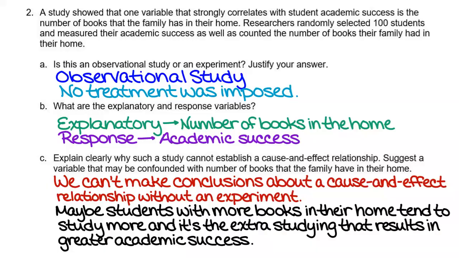Would the size of their family count? I don't know how it affects academic success, but I can see how it affects the number of books, because I have 7 people in my family, so we have a lot of books. But a family with just a mom, a dad and a child probably has fewer books than we do, because there are fewer of them. So when you're talking about confounding variables, you do have to be able to relate it to both the explanatory and the response variable. The number of people in the family is definitely related to the number of books in the house, but if we can't also make a connection with academic success, then we can't call that a confounding variable.